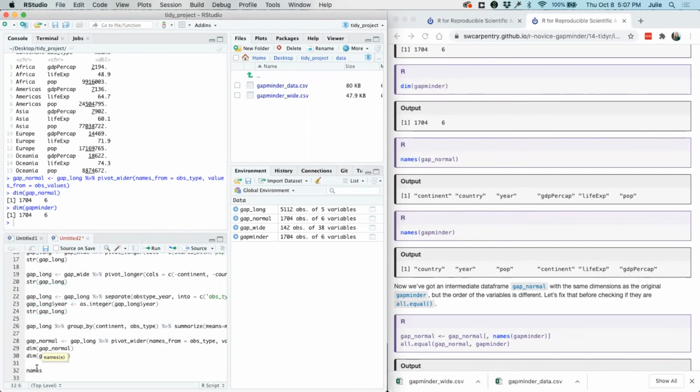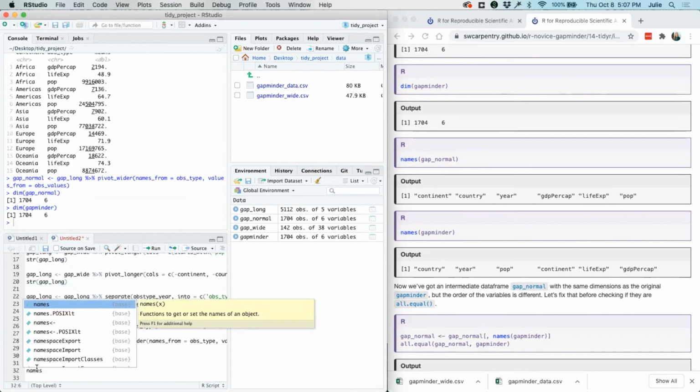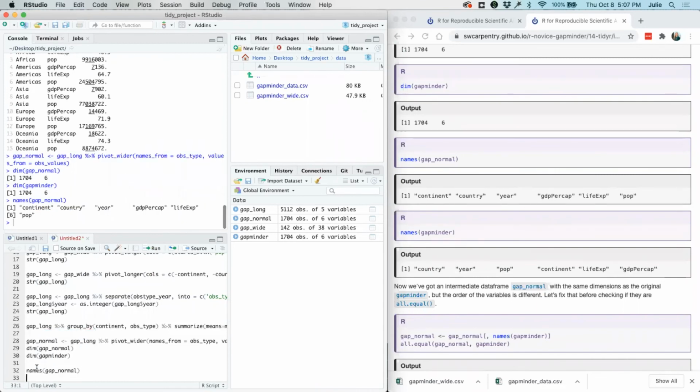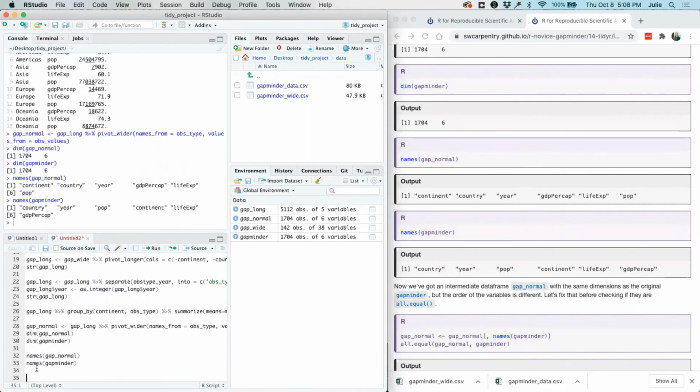We also can look at the names of our columns. So we're going to use the names function, which will get or set the names of an object. So we want to get the names in our gap normal. We see that it's continent, country, year, GDP, life expectancy, and pop. And then we can do the same thing, names for our Gapminder data frame.